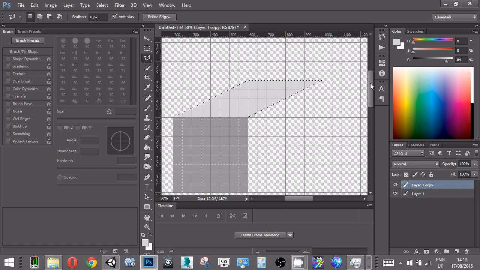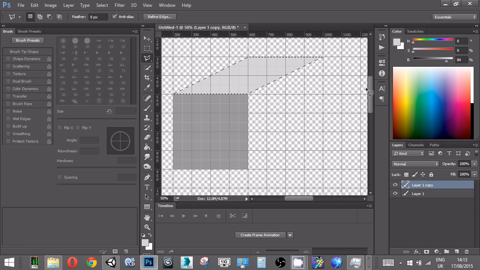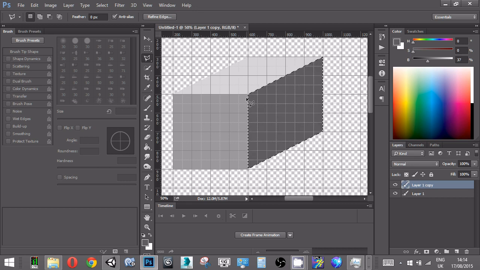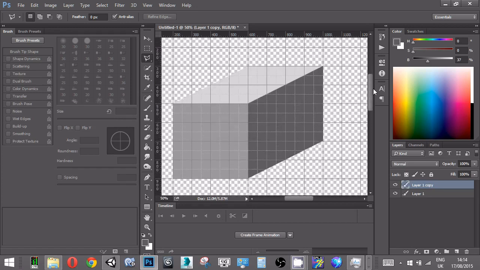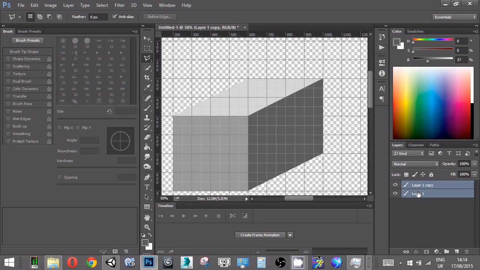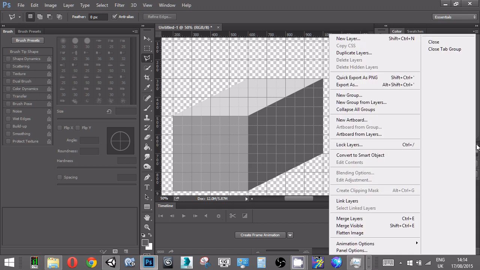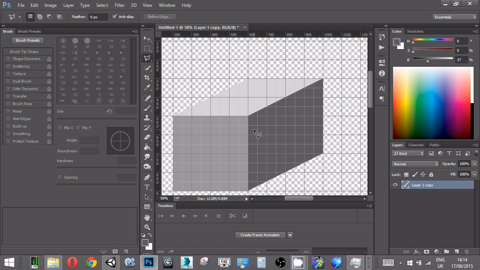I'll use the polygon lasso for this one, which is actually a little more accurate because that skew doesn't really snap. So I'm going to just join the dots of the grid like this, and I'll make this a darker color. Okay, so if I deselect that, actually I'll select both of these layers and merge them. So merge the layers, Control E, shortcut, that you use a lot in Photoshop, and